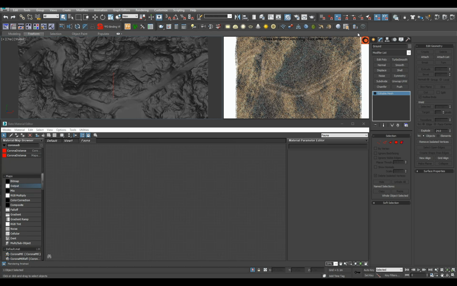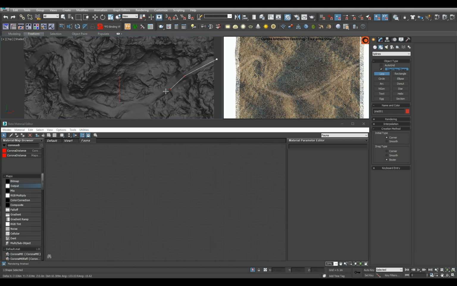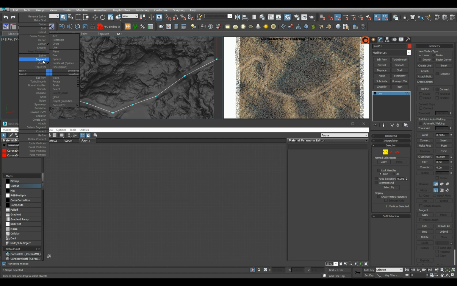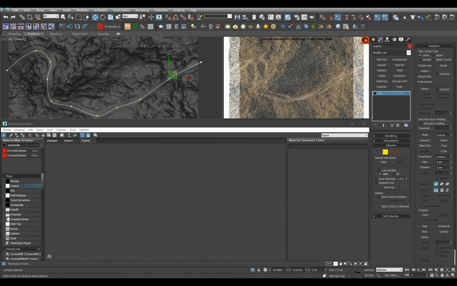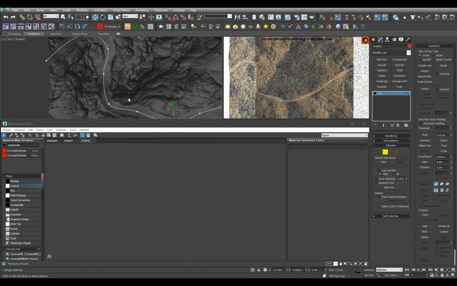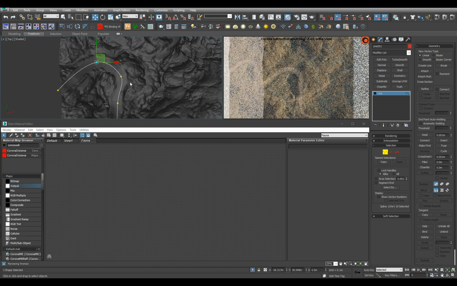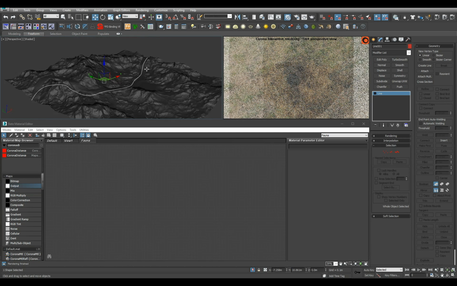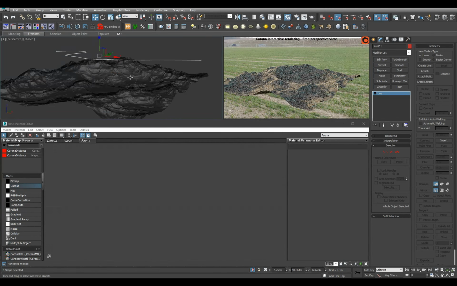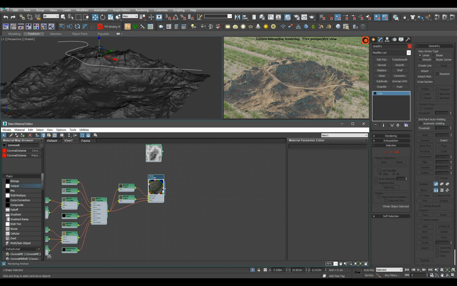So let's make this transparent, disable the wireframe, and create a spline across our path. Just a few clicks, make them all smooth, and do just a little bit of tweaking. So we get the spline right on top of our path, like this. Okay, so now once this is ready, I'm going to quickly go here and grab our